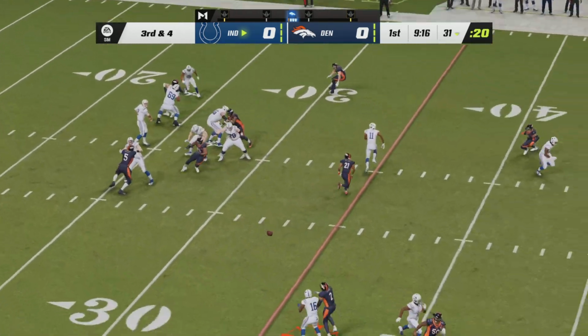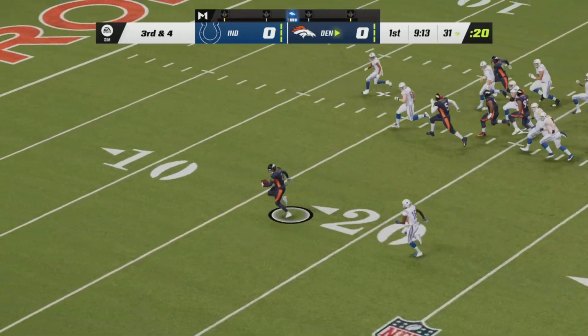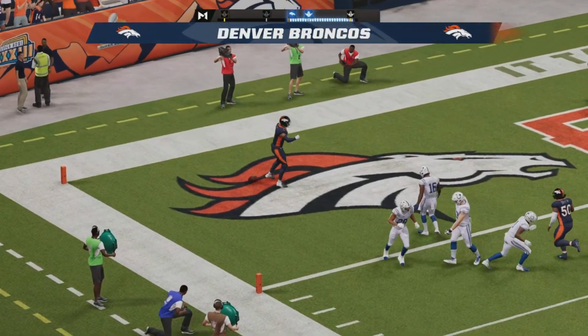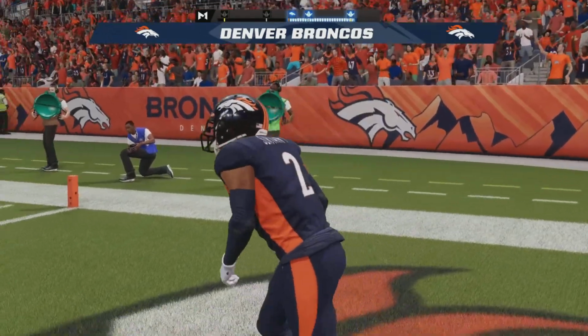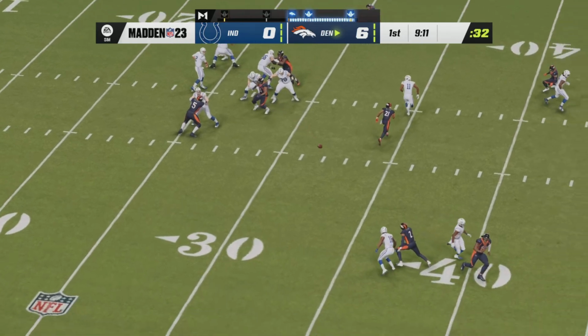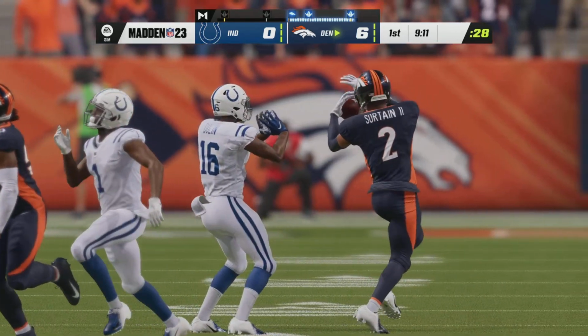Now it's Ryan. All right, rifles one, and that's going to be intercepted. Picked off by Pat Surtain. And he takes this one back into the end zone. And the Bronco defense has a touchdown. So a big defensive play there on the opening drive, no less, as they make the interception and bring it